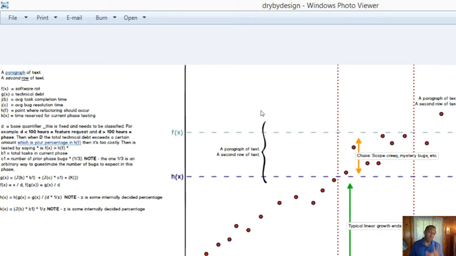Even if, and especially if, the company you work for isn't providing you with the tools and mechanisms to answer these questions for you. You want to be able to come back after a year and say, hey, look, I ran my own numbers and I made the call to refactor here. And as a result, it lowered the number of bugs, it lowered the average task completion time, it helped out in further sprints, it added concurrency, cohesiveness, all these great things. To be able to say that for yourself.